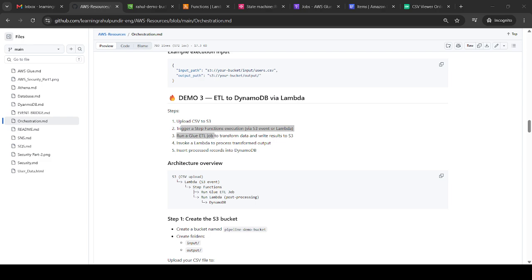In today's session, we are going to walk through an end-to-end data processing pipeline using multiple AWS services. This hands-on demo will help you understand how different components work together in a real-world scenario. So what I'm going to do here,